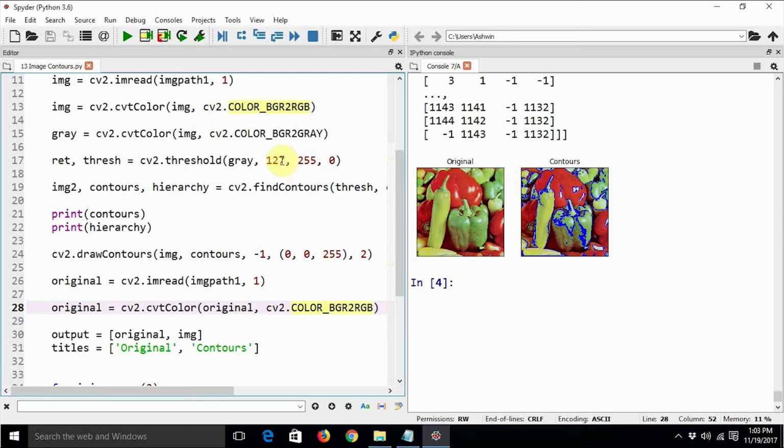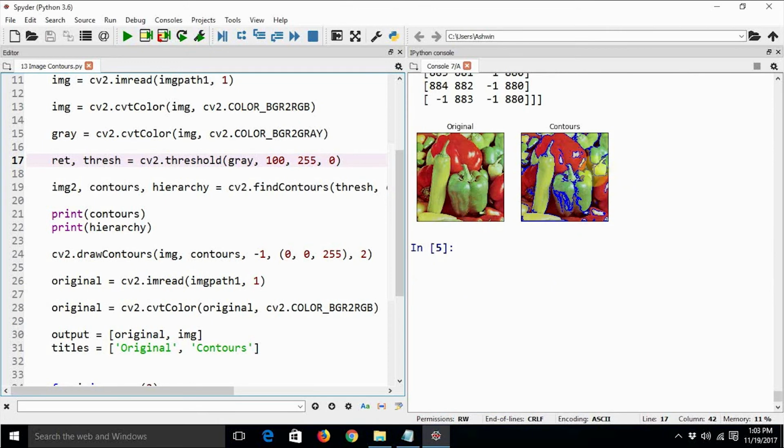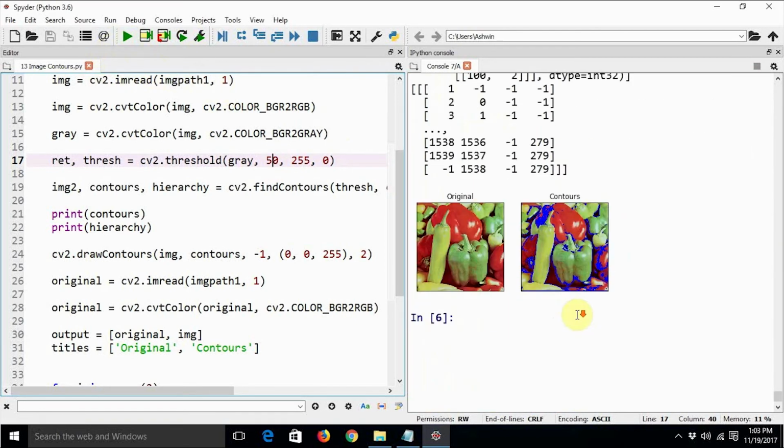In case you want to see a different result, you can just change the value of threshold. After changing the threshold, this is the output. Again, if we change the threshold to 50, we are going to have an excellent result in distinguishing the objects.